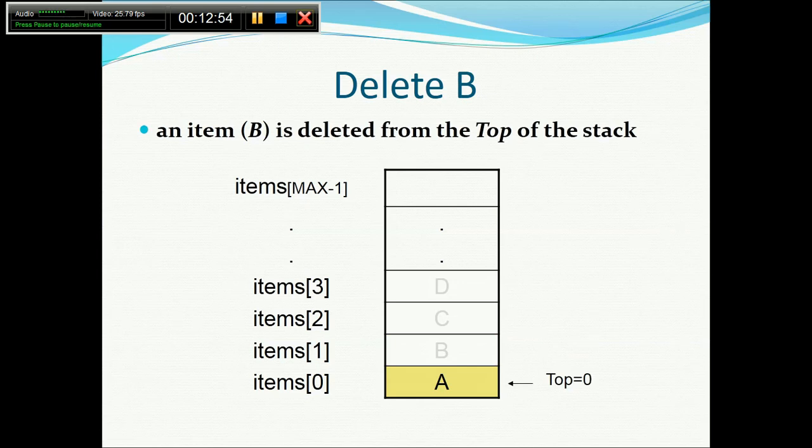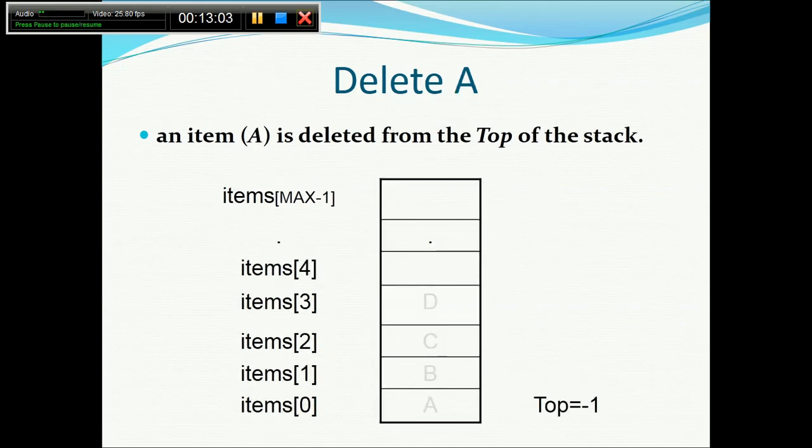Okay, fine. Sorry, copy that element into a temporary variable, and then top is equal to top minus 1. You are done. Now once top is equal to minus 1, or if top is equal to null, in both the cases I have to return the underflow condition. So this would be the condition for our underflow case.